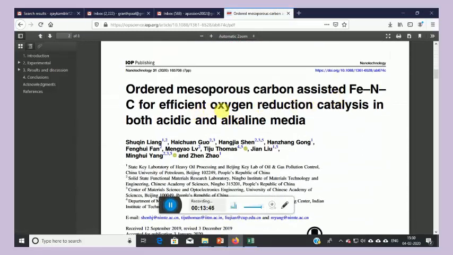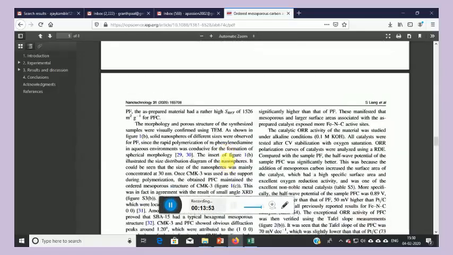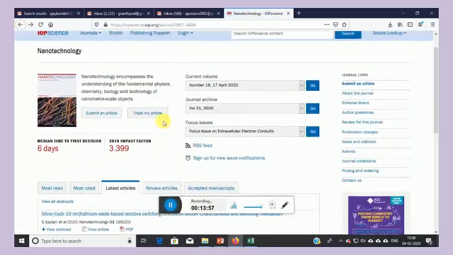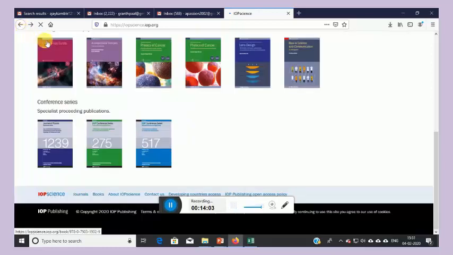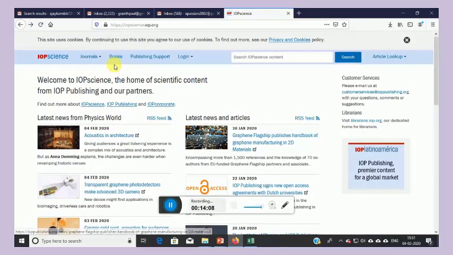This is the title of the article, these are the authors, and this is the full text article. In this way you can access full text of a number of journals, some 6,000 plus journals, if you have access to Enlist.